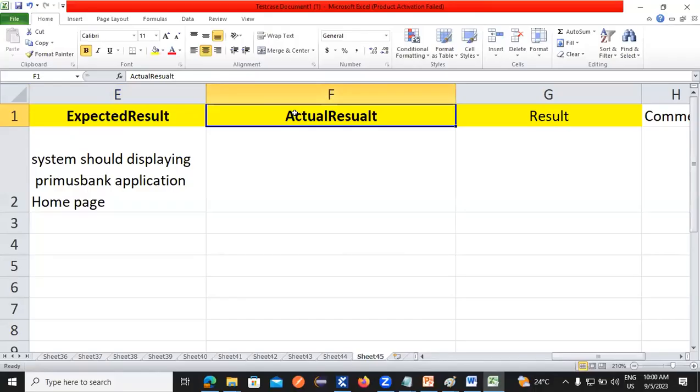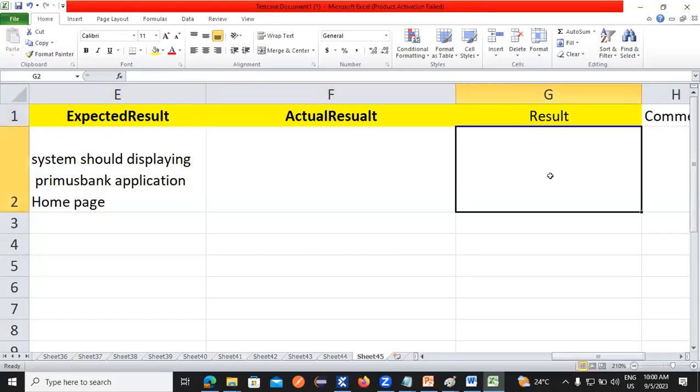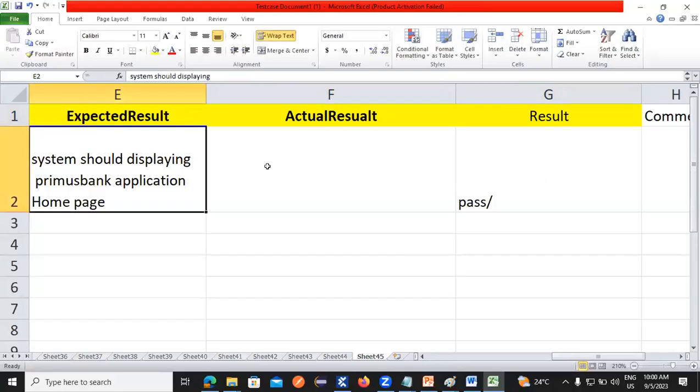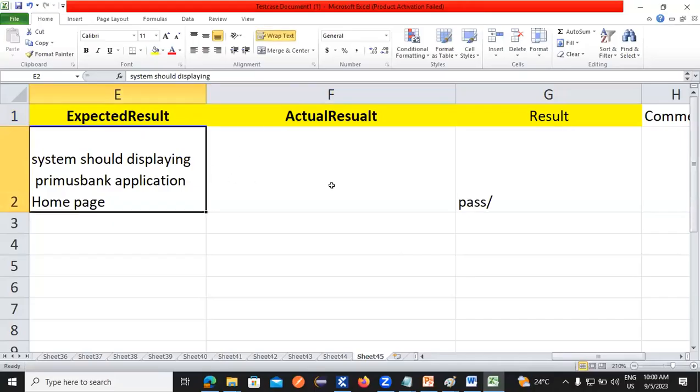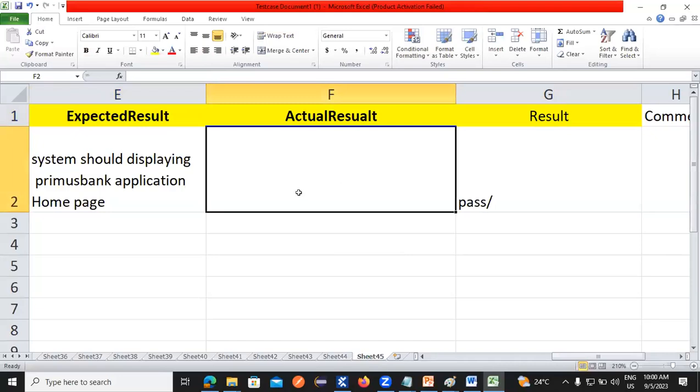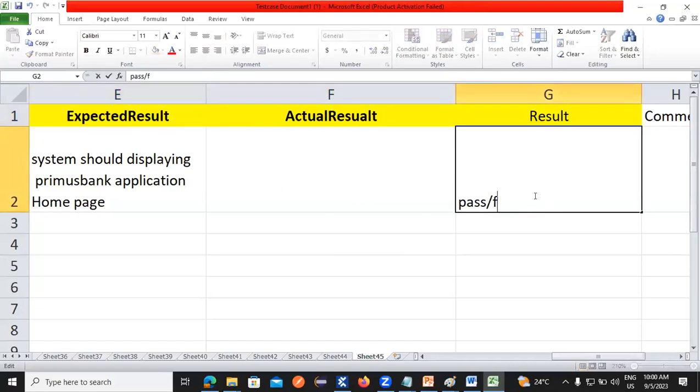Our expected result and system response, both are same, the result is pass. Our expected result before doing the testing and actual result after completion of the testing, both are different. The result is,